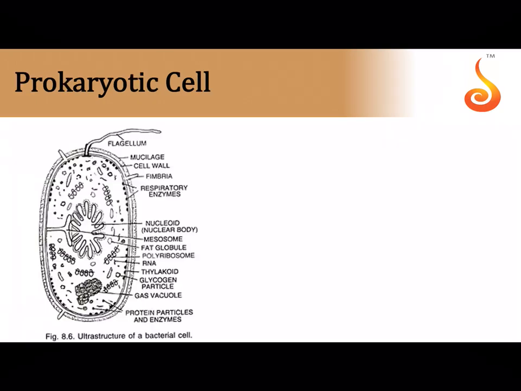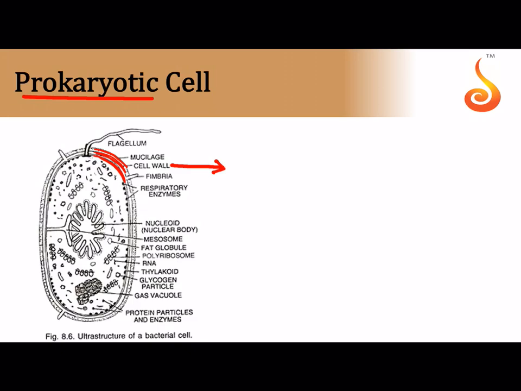Let us take a simple diagram for a prokaryotic cell, a bacterial cell. The most common example for a prokaryotic cell is a bacterial cell. Notice that a bacterial cell has a cell wall on its outside, and it has a plasma membrane on the inside. So the outer layer which it is covered with is referred to as the cell wall. Outer to the cell wall you can see a slimy covering which is labeled here as the mucilage, and the innermost layer is what is referred to as the plasma membrane.